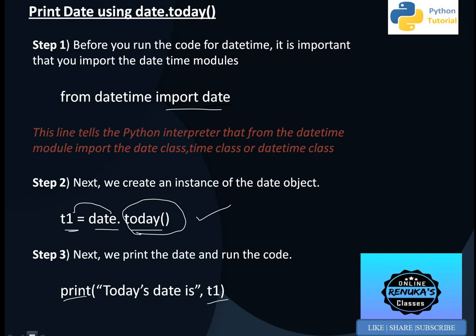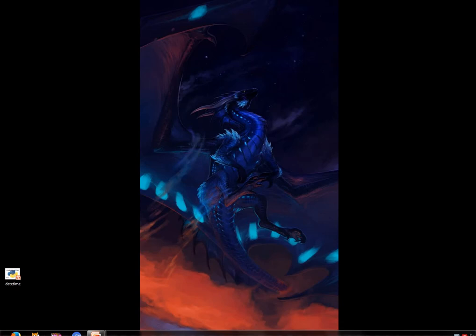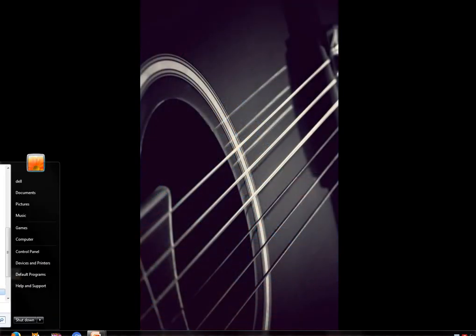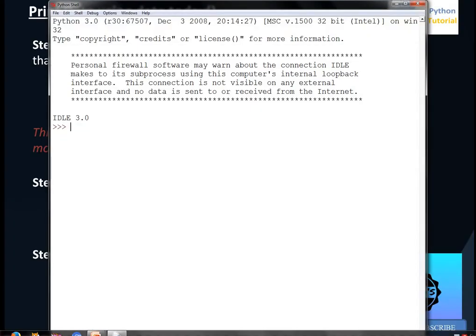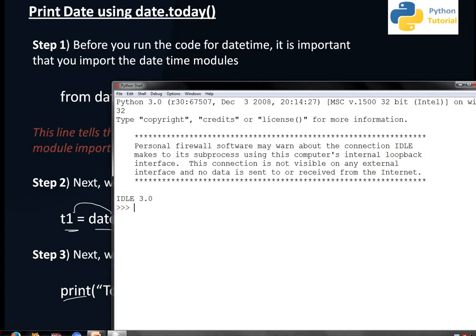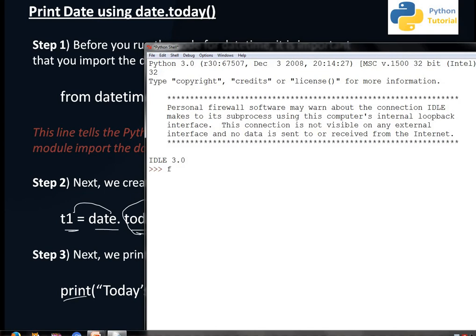We can see this effect on the Python prompt. We will open the Python 3.0 IDE. Here we are going to run these three commands. From datetime, this is the module, we are importing only date. Second, we are creating an instance, that is t1 equal to date.today(), with the help of the today function. We want today's date.